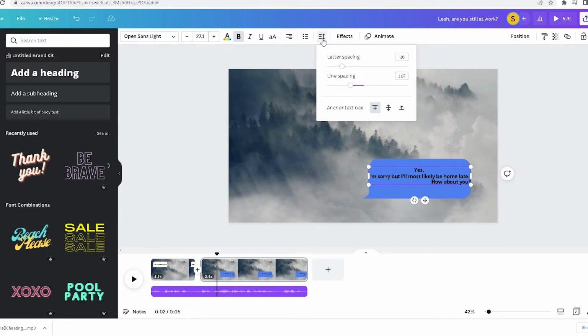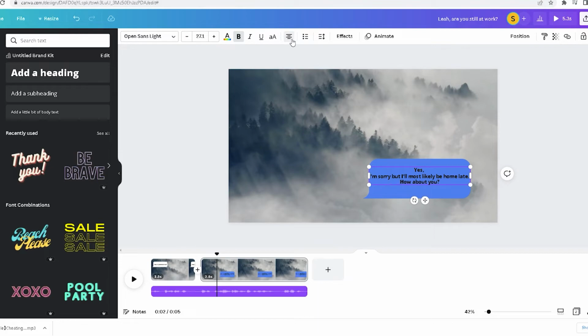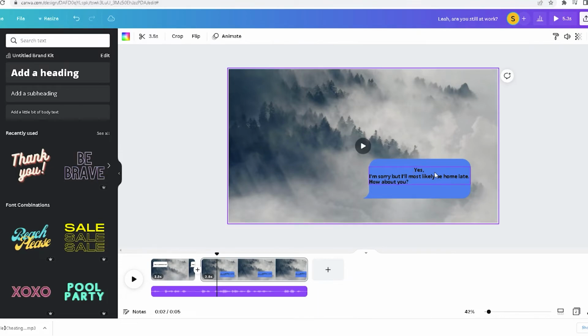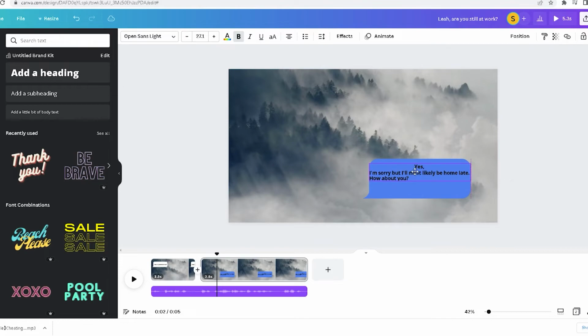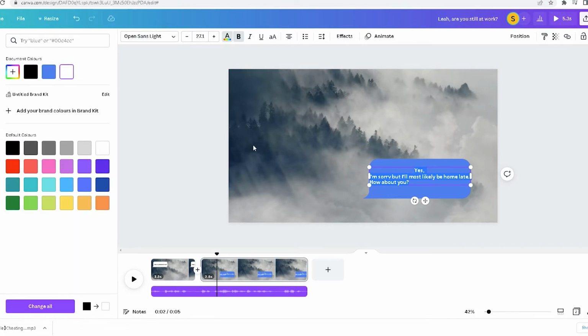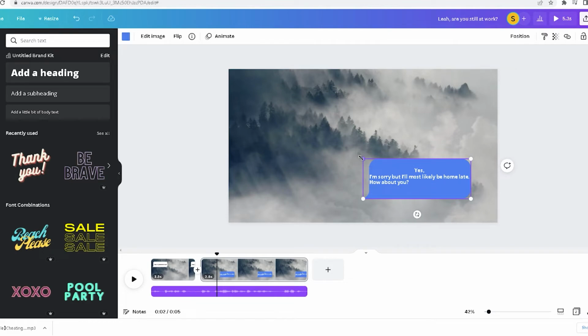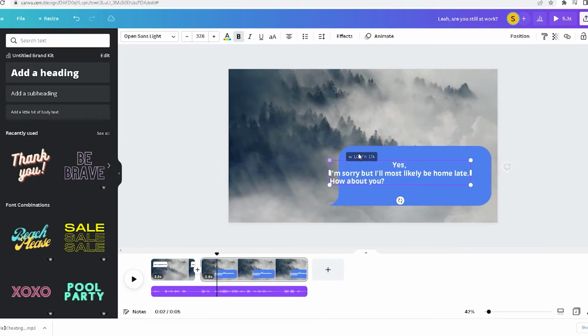So if I was to go here, you can play around with it like that. See how I've made it so it looks more presentable. So yeah, once again, bold. That's already been done. You can even change that to white because that's more like an Apple text. So you go here and change the color right here to white. And yeah, you can make that bigger because it's the biggest part. Make that like that. You could even go like this and change it.